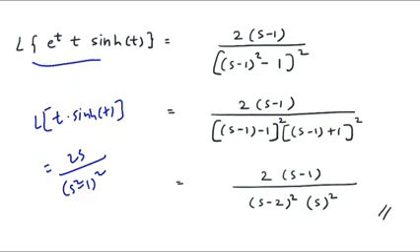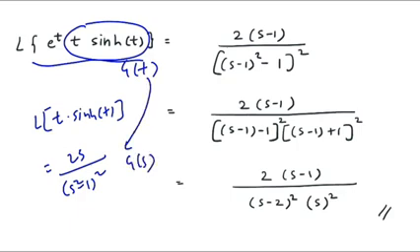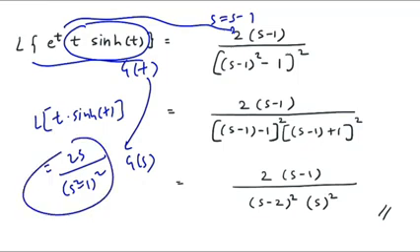But my requirement was Laplace of e raised to t into sine hyperbolic of t. So whenever e raised to t is multiplied to a function, let's say g of t, what you have to do is first find capital G of s and then shift the position of s. So here the position of s will be shifted to s minus 1. But the value of G of s was found in the previous step, and the answer was 2s upon (s square minus 1) the whole square.